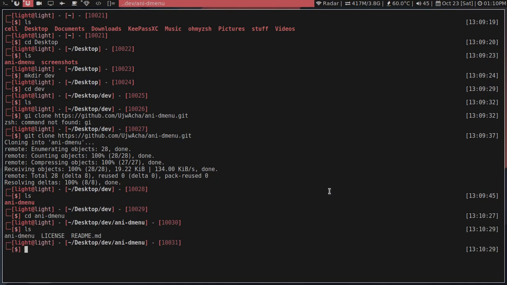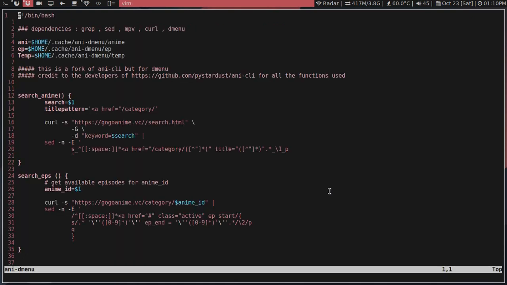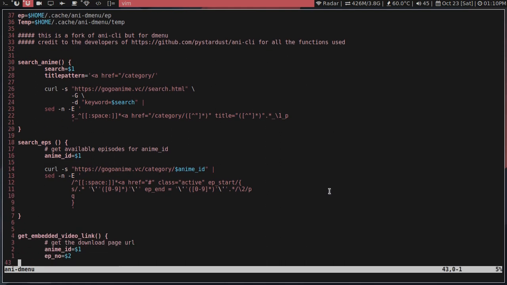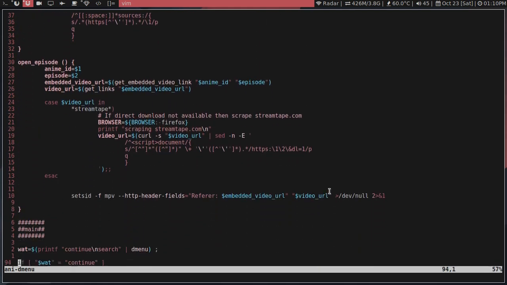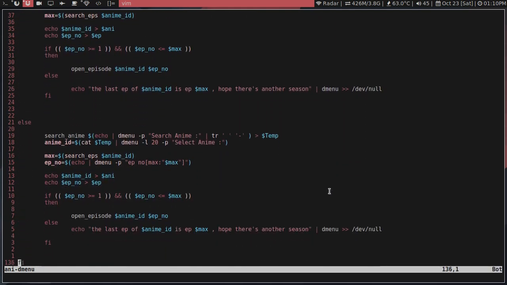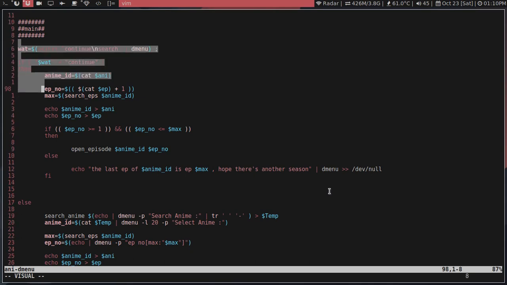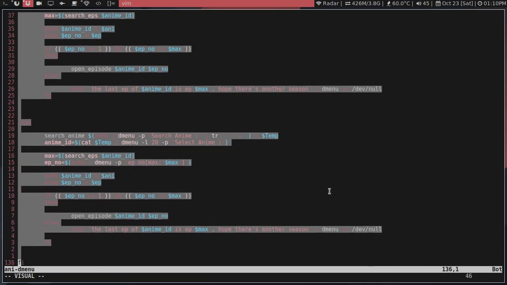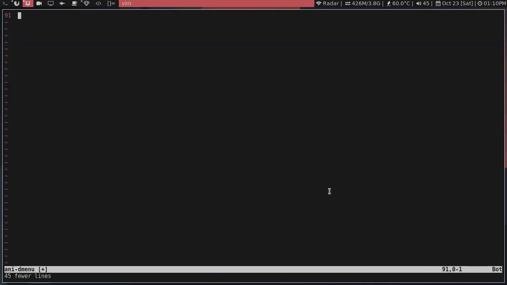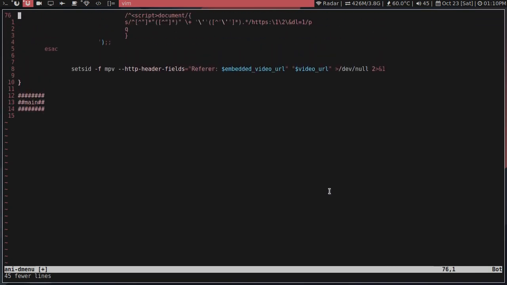NED menu. Okay, this is the script that we are going to be working with, and we're gonna make some changes in here, and with those changes I want to add a lot more features than it currently has. So we probably just don't need anything in here. This is what I edited back then, and after that